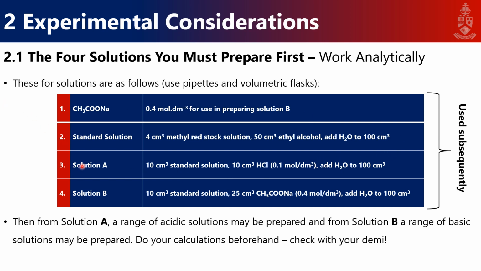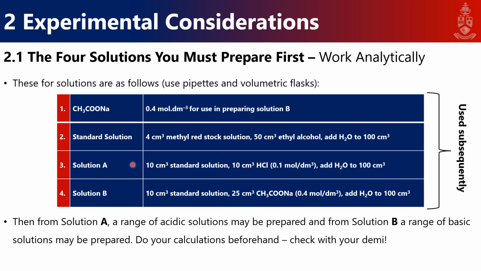But if you have to make them up yourself, I'm quite sure you will be able to do that. It says 100 cubic centimeters in the lab manual. It might be 250 cubic centimeters, or well, 250 milliliters, depending on what we have available in terms of glassware. Just keep that in mind. So do your calculations beforehand for 100 and 250 milliliters,